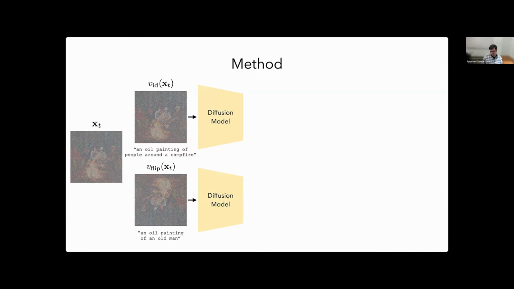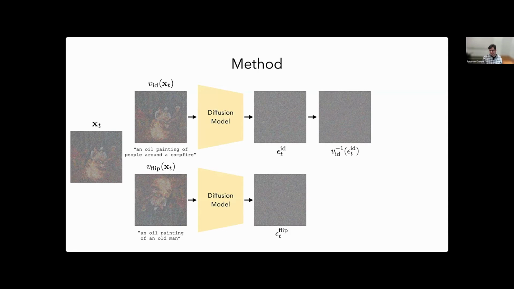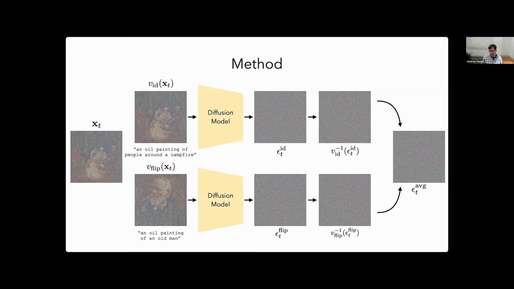Both of these images, when passed through the diffusion model, will have an estimate of the noise at this iteration. And we'll just average these two noise vectors together after undoing the view transformation that we performed. So if you were to just look at the top section of this figure, it would just be the standard reverse diffusion process that you would have seen in an ordinary diffusion model. The difference is we have the second step that's going on that's estimating the noise from a flipped version of the image, and we're just averaging those two estimates of the noise